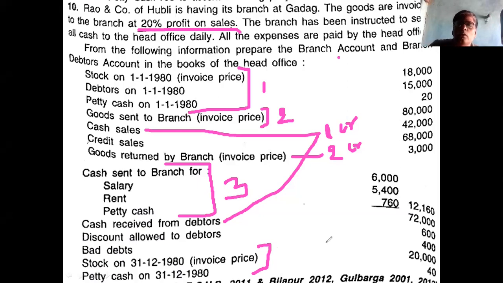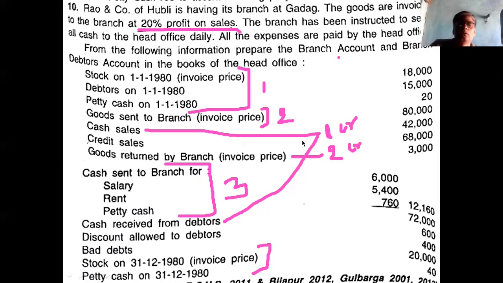Okay, now you see the solution. Remember properly: this 20% is the loading given, and you must be careful whether this 20% is on cost or on sales. Sale or invoice is the same. If it is on cost, you write 100 below the cost. If it is on sales, you write 100 below the invoice price while forming the equation.